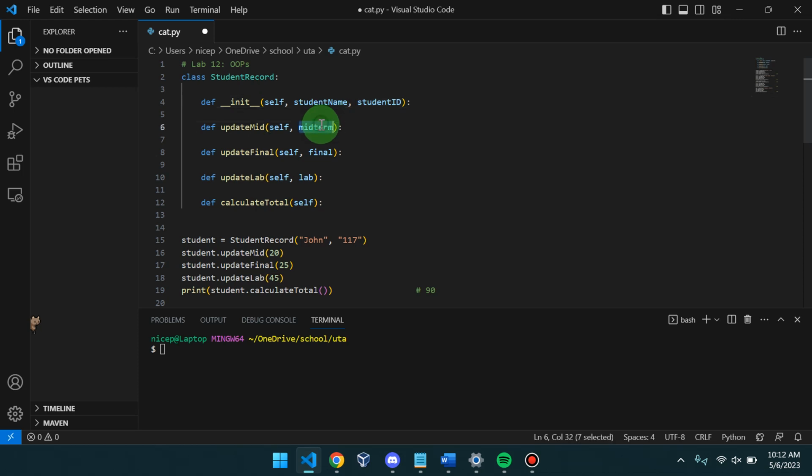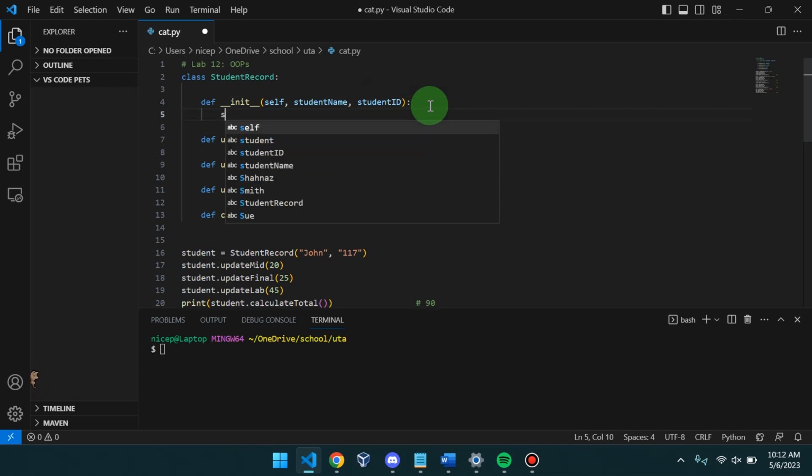You need to have a midterm, a final, and a lab grade as well, all associated with a student record data type. So as you can see here, to create a student, you want to set a variable equal to the class name followed by parentheses and the variables from the init function. This is a reserved function that initializes your data type. This self variable is an extremely important one that we'll talk more about in a sec. But to initialize it, you don't need to worry about the self, you just need to worry about the variables that come after it. And to properly create the init function, you will say